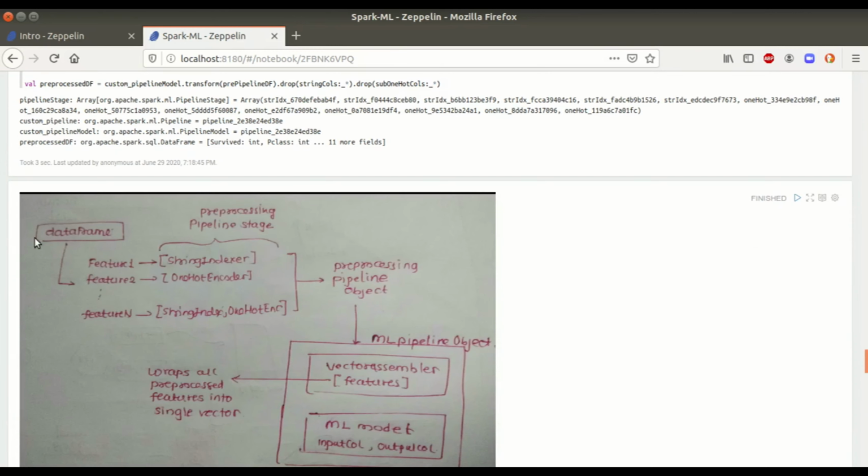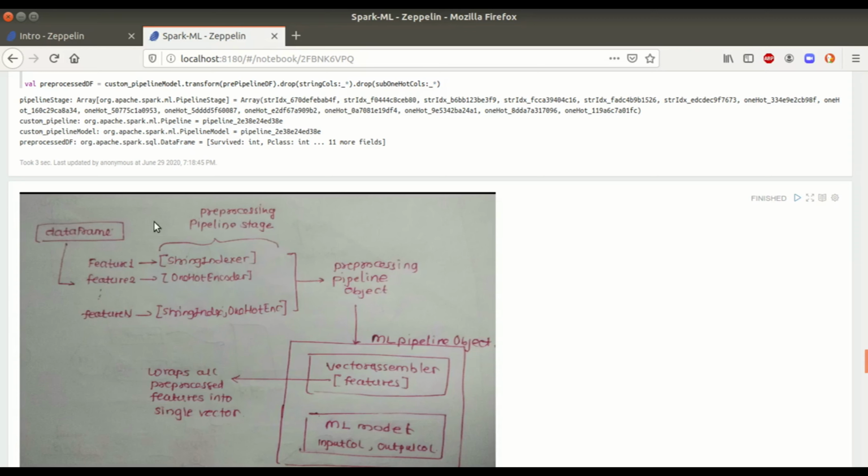So this was my initial data frame, and for each feature I had given some set of transformers. Let's say on feature 1 we had selected to apply only a string indexer. On feature 2 we had selected only a one-hot encoder, and on the nth feature we had selected a string indexer and then a one-hot encoder.